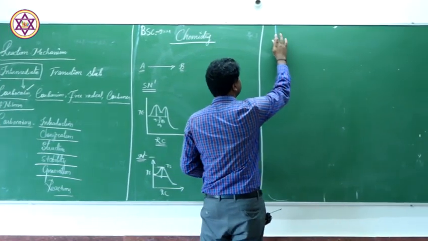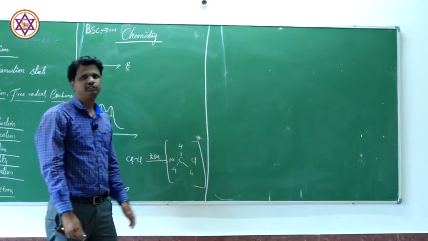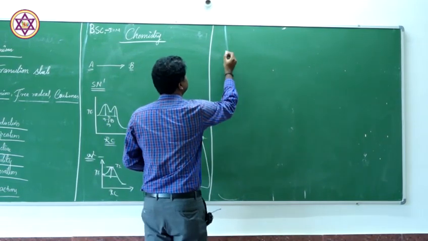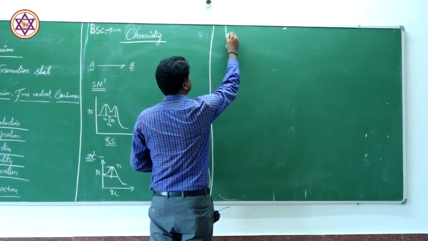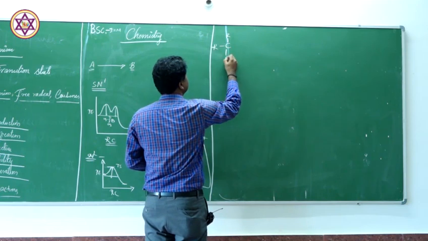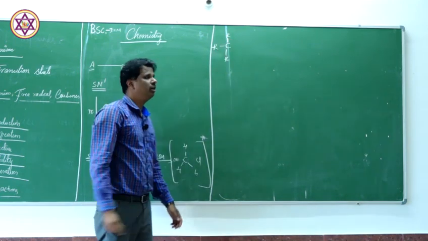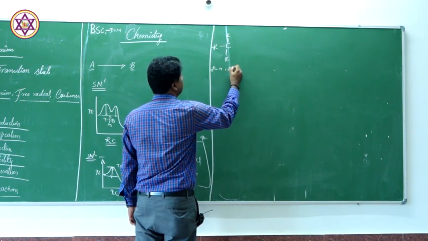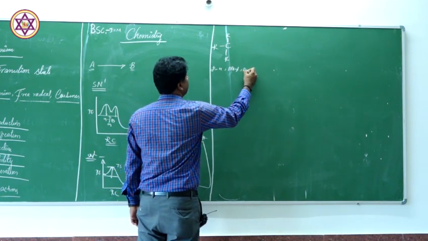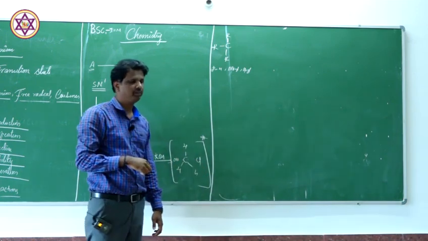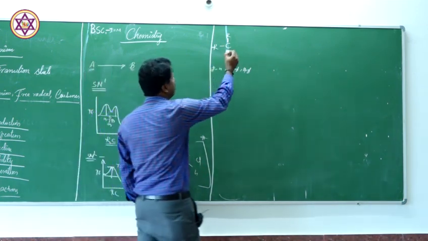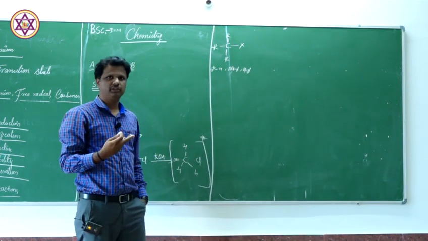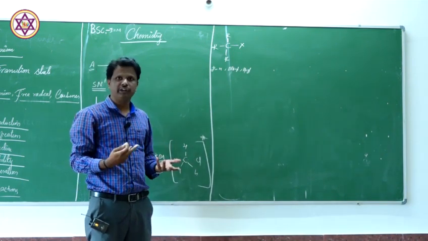The first point, what do you mean by carbocation? In order to understand this, let us assume that we have a bond like this. This R group may be R equal to H or any alkyl or aryl group. Now imagine that we have a fourth bond here attached to a more electronegative atom.